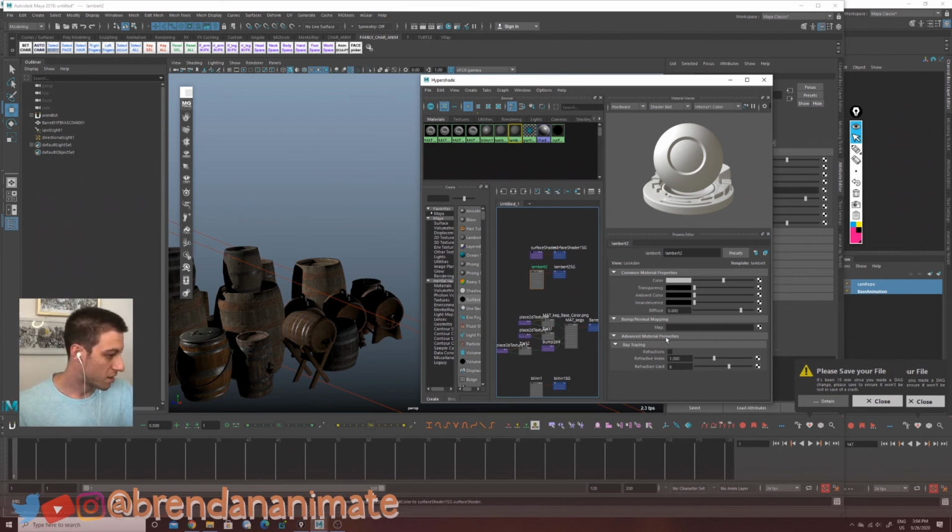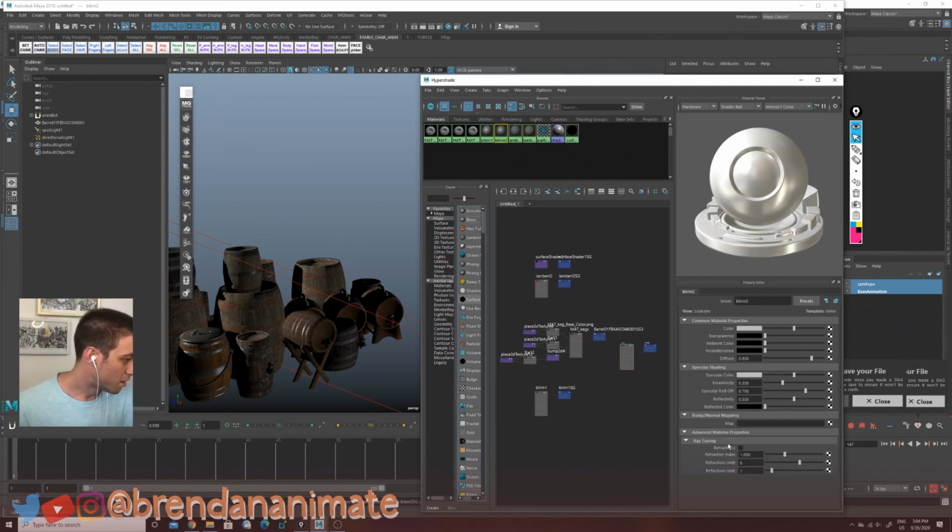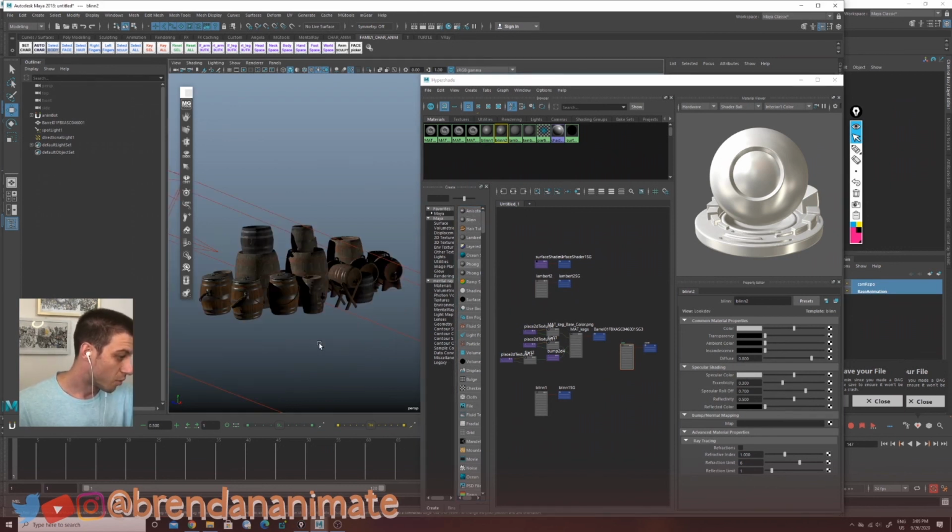So if you check this out, over here in the property editor, this only has color, transparency, ambient color, incandescence, diffuse, and bump maps. And then Blinns over here have this, and then they have a little specular map for it. For regular Blinns, if you're applying it because you want something to be shiny and you don't have any texture to it,